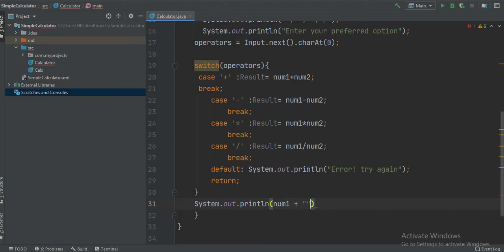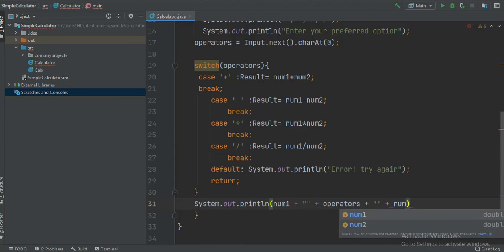Let's put inverted commas for the space and plus, and then put the operator because we want to show the user which operator got applied. So let's mention operators and plus, then give some space, and at last by putting the plus we can just say num2.